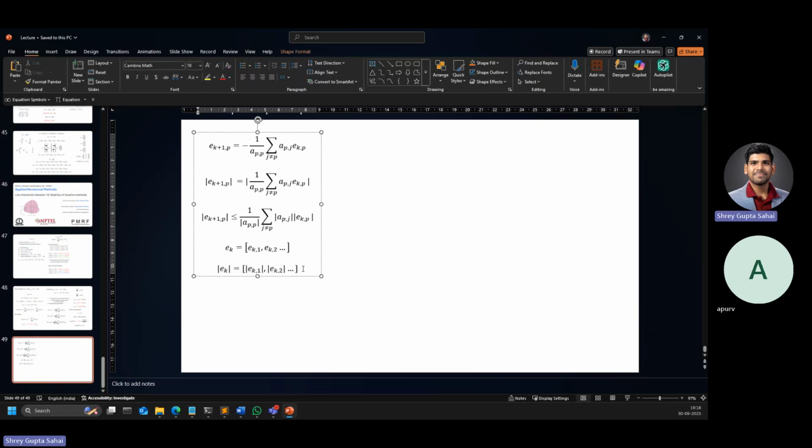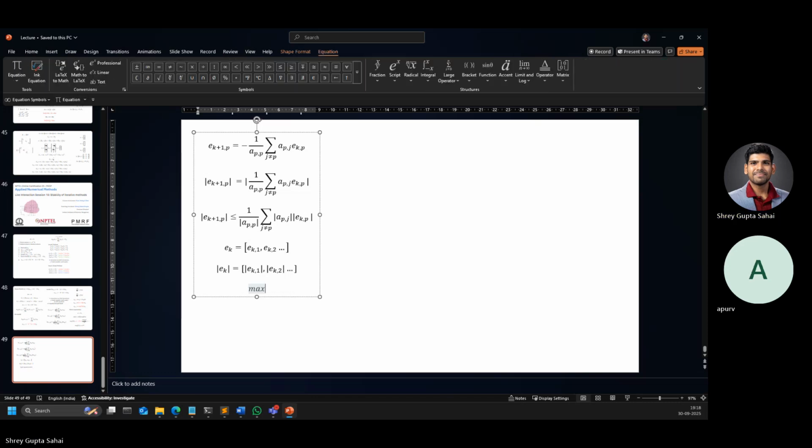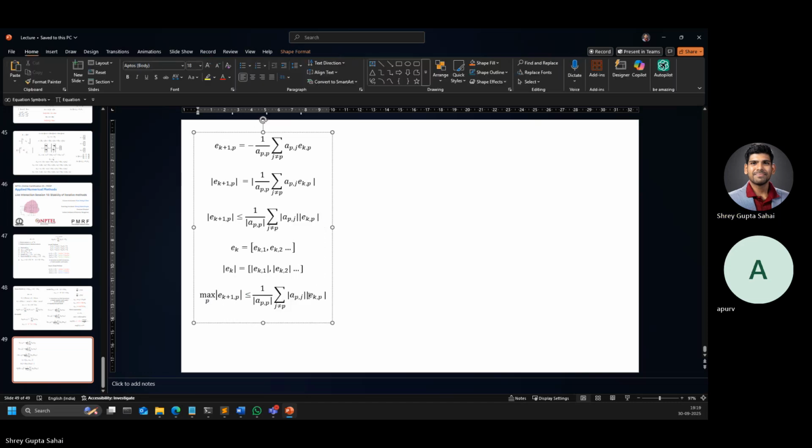So what I'm saying is that max over P of the norm of E K P, E K plus 1 P, if we satisfy this, then for all it will get satisfied. This is what I'm trying to say. Let me write this. Max of